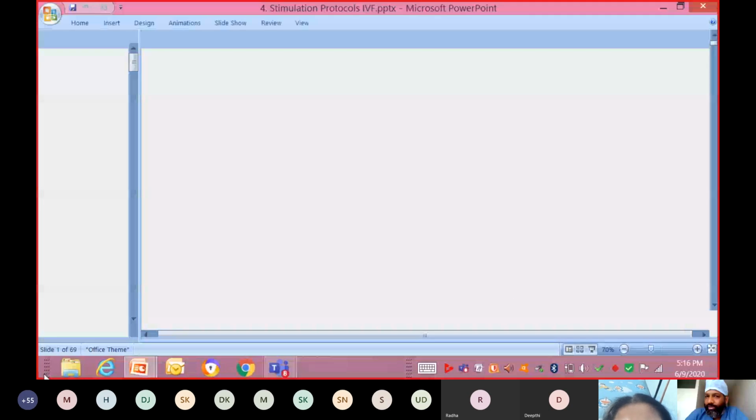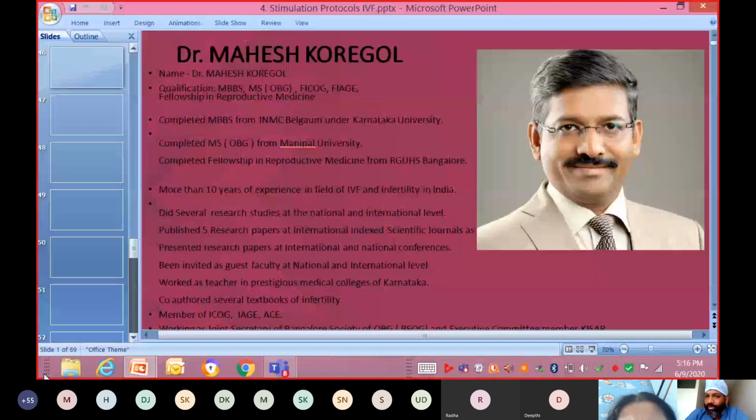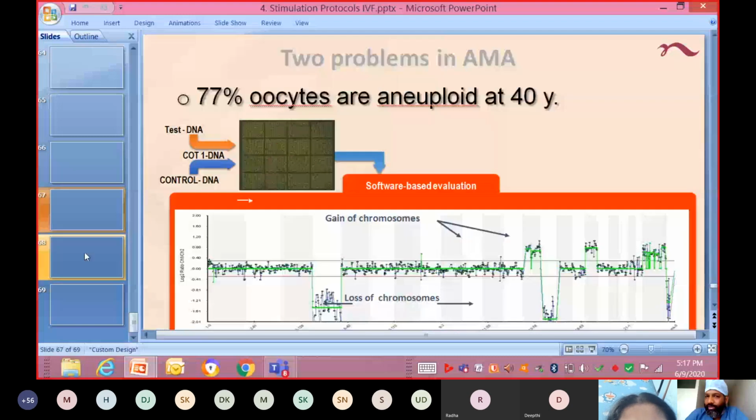It is not just for poor patients; poor responders also can use it. And it itself acts as an antagonist and prevents the early release of LH. The early LH release does not happen as long as you are using clomiphene citrate, as CC itself acts as an antagonist. I'll show you if I have a slide here.